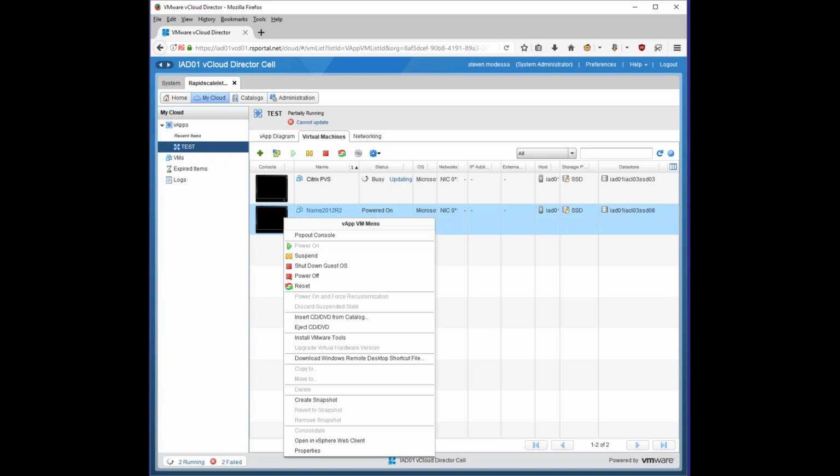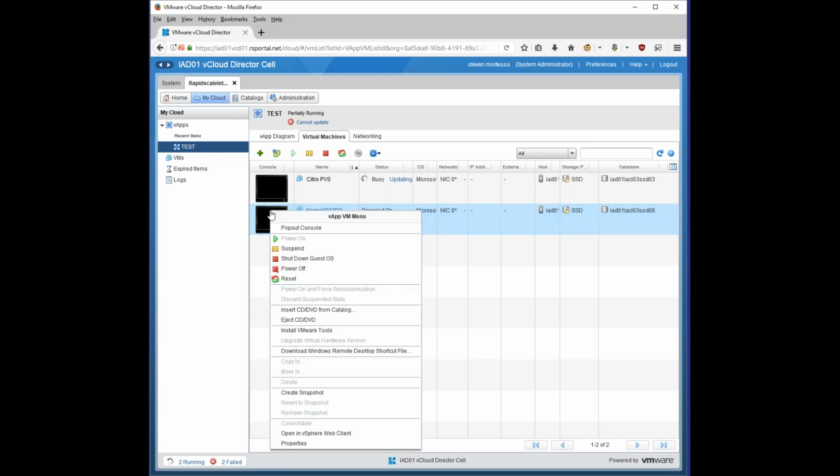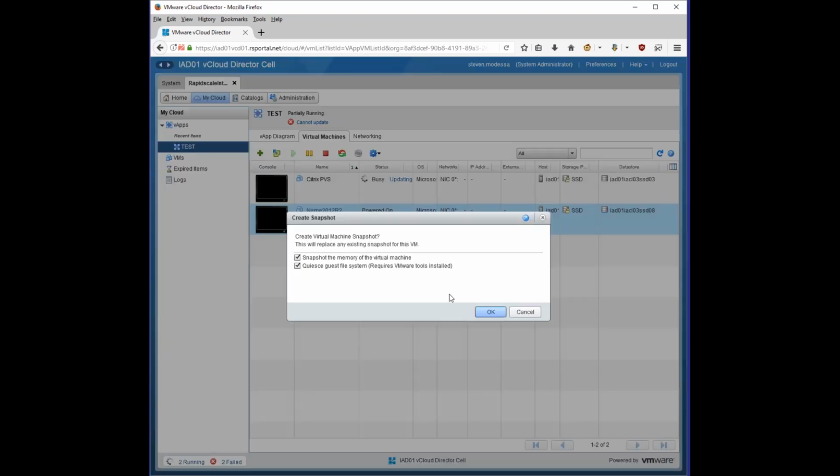So now the machine's powered on, we want to go ahead and right click on it and make a snapshot. So we're going to go ahead and hit a snapshot, and so now we have the options. We can go ahead and snapshot the memory as well as the guest file system. So this will make a snapshot as if the machine's running. So if you had to restore a snapshot, it'll remember that it was previously running with certain memory items snapshotted and saved. We definitely recommend to take a snapshot